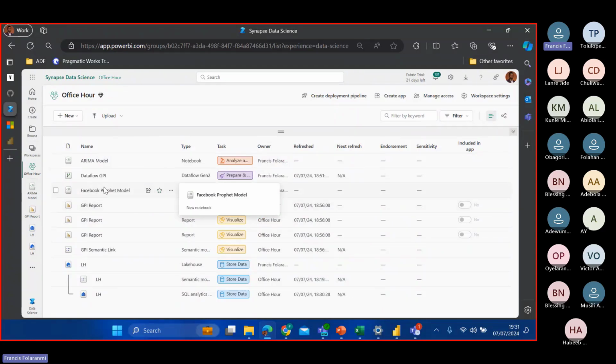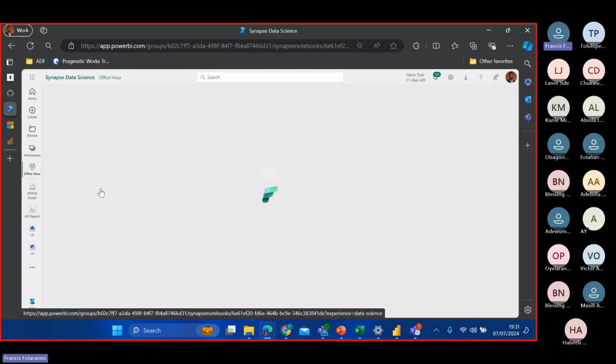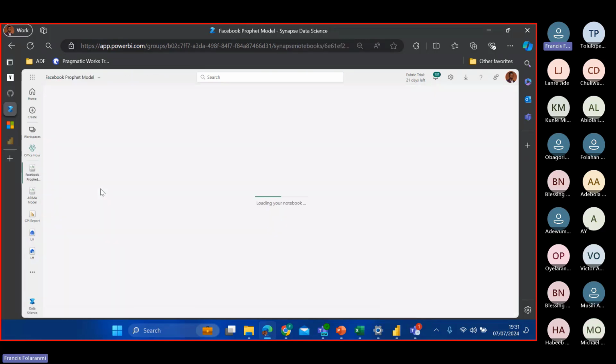So I will open up this Facebook Prophet model notebook also. Then I will attach it to our link and then run that query, which I expect is probably going to run into the same error that we had with the first notebook because of the naming convention that changed slightly. So once this notebook is done loading, we just run it and then we can see the outcome in a more presentable manner than what we have. So within one environment, you are able to do data engineering, Power BI, which is the visualization, and now we are doing the data science workflow.